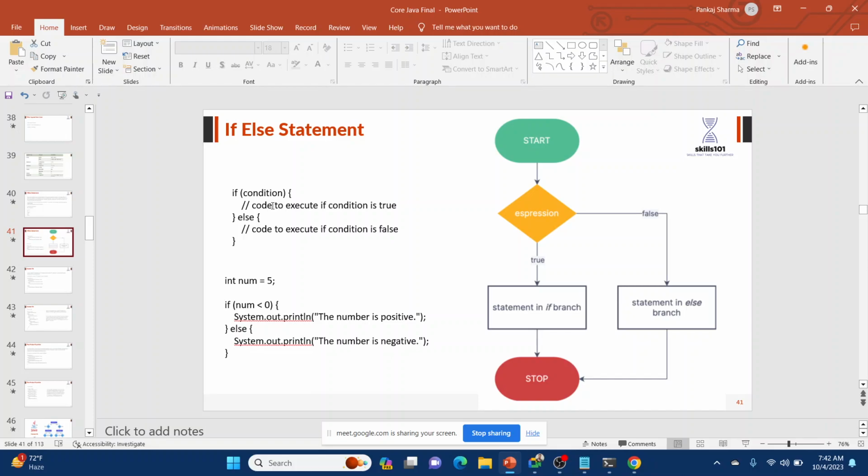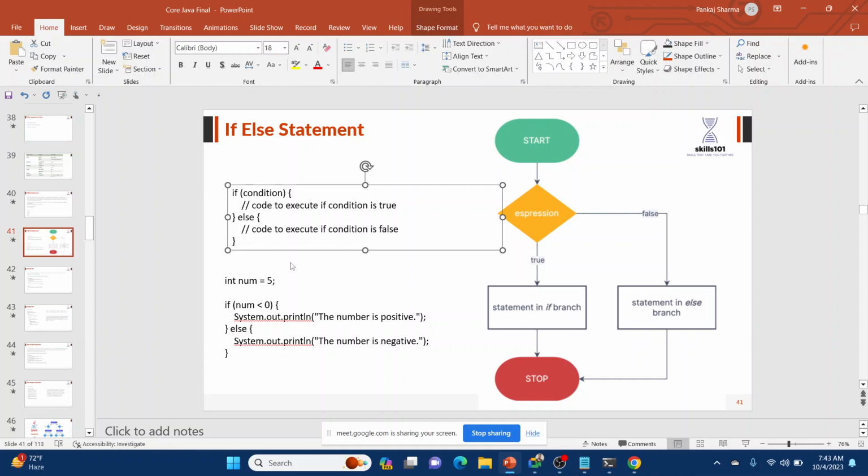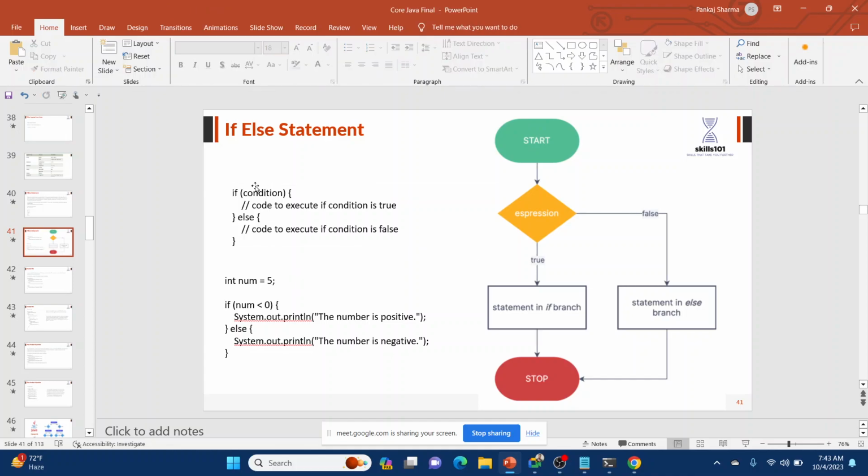Like if you are going from one place to another place and there are only two ways, then Google Maps chooses on the basis of which has the shortest path, on the basis of kilometers or on the basis of time. Whichever route has the minimum kilometers or minimum time, it will try to choose that route. So that's how decision making helps us in the programming world. So it is a very important part. This is the syntax of if else. In if, the condition is where we write the relationship like less than, greater than, not equal to, equal to.